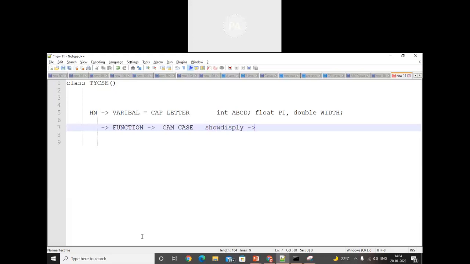So according to the naming convention, how should we write it? show Display. The first word must be in small case, and later on this will not even be called camel case. Assume that it is written like this, show Display. If we have two words like that, we can define it like that. The first word must be small, and later on the second word's first letter will be a capital. If we have three words,